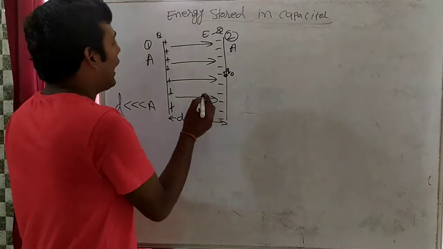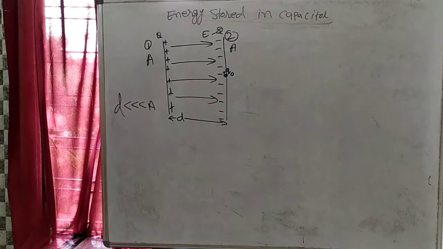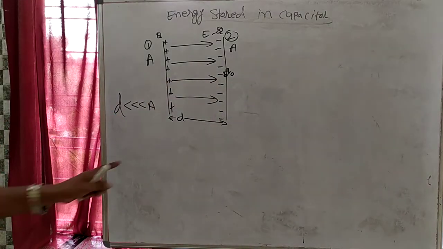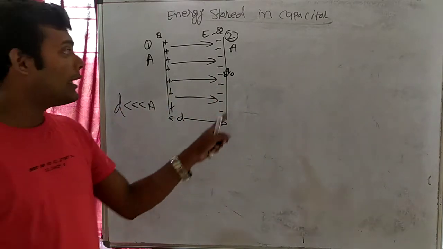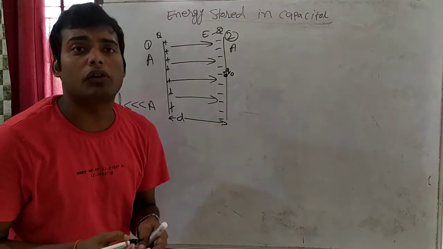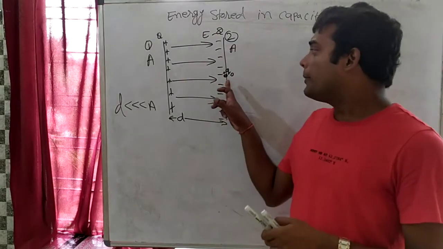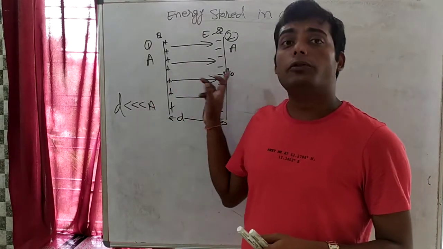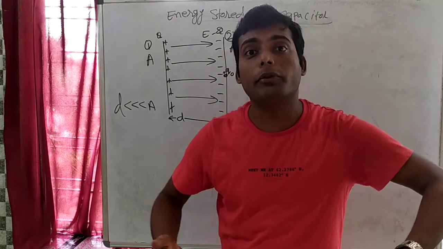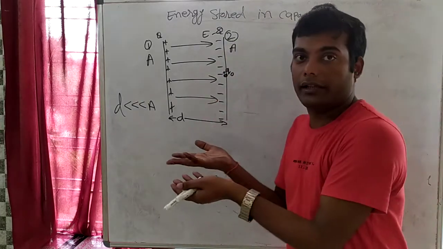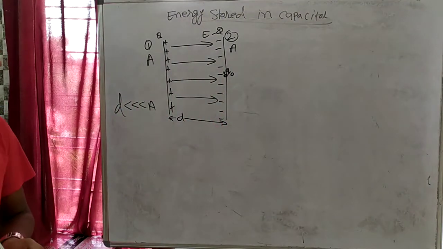And then what will I do? I will bring this test charge from this plate to this plate. Bringing it from here to here, will this test charge automatically come? Will this test charge move by itself? No, it will not automatically come. Then what do I have to do? I have to do some work on it. Why? Because this is positive, this is also positive, so the positive plate will repel this positive charge in this direction, so it will not automatically go. Clear?